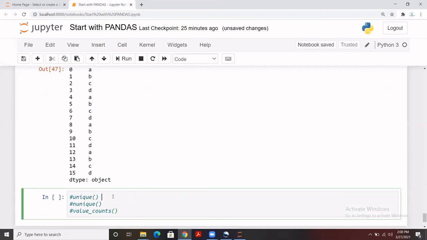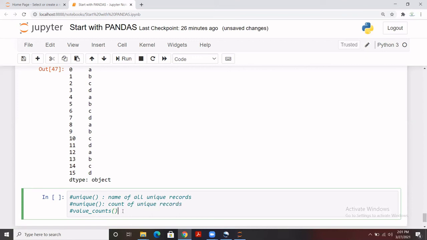When we talk about unique, basically the name of all unique records, right? So unique will return the whole set of unique records that we have in a series, and nunique will give you the count of unique records. How many unique records we have, right?